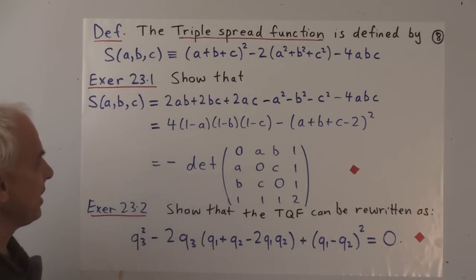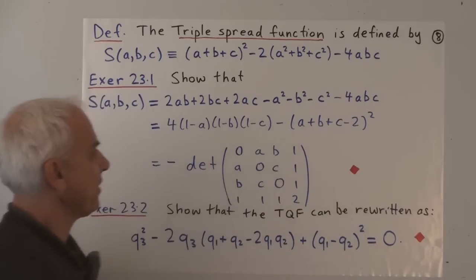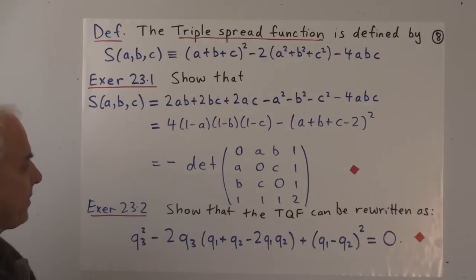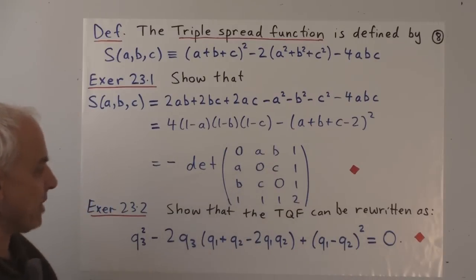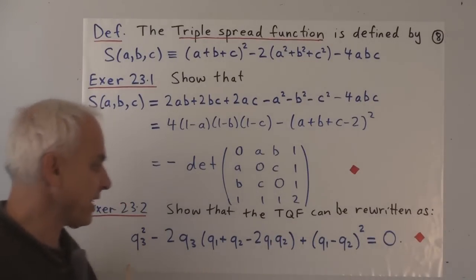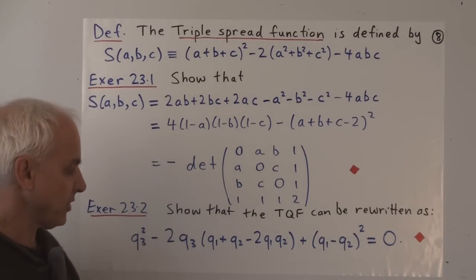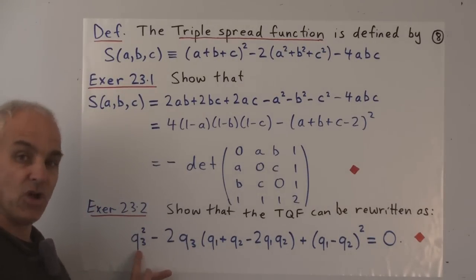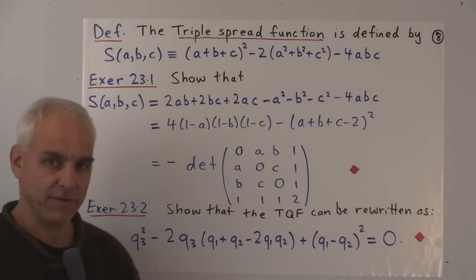And our first exercise is to give a few alternate forms for it. Expand it out to check that you get that. Check that in fact we can rewrite it like this, which we've already used in the proof. And here it is as a determinant with a minus sign of a rather pleasant symmetric 4x4 matrix. Show that the triple quad formula in the second exercise can be rewritten as this thing here, as a quadratic equation. So instead of a symmetric equation between Q1, Q2, and Q3, we can rewrite it if, say, we wanted to solve for Q3 in terms of Q1 and Q2. It's actually quite a useful formula.